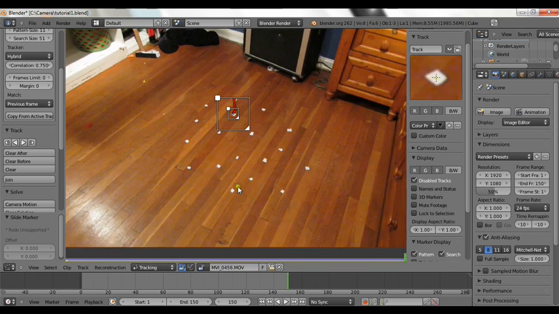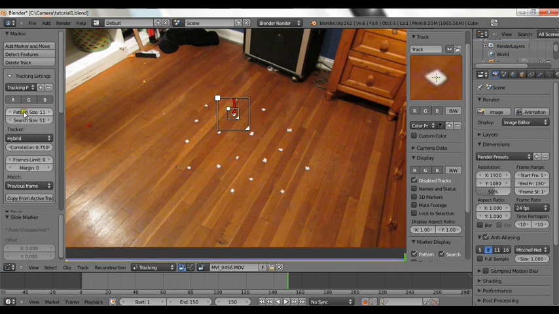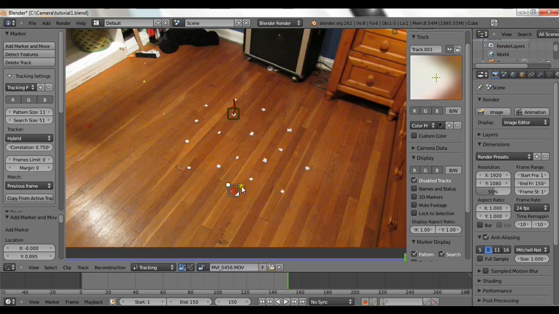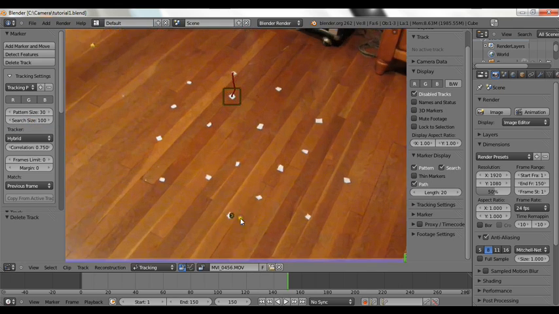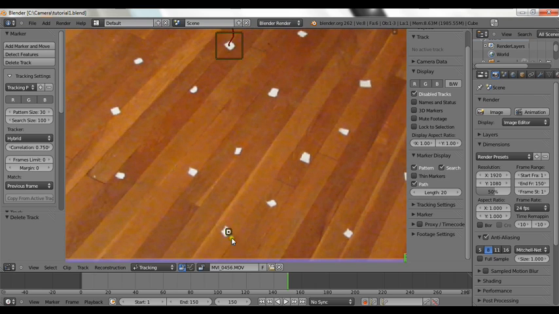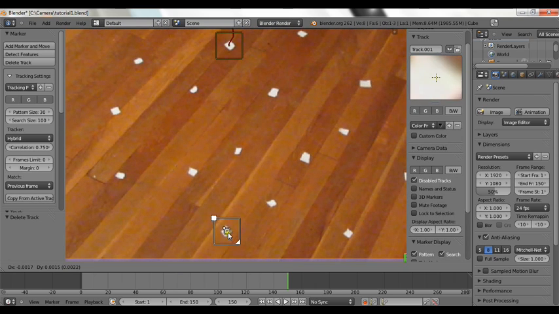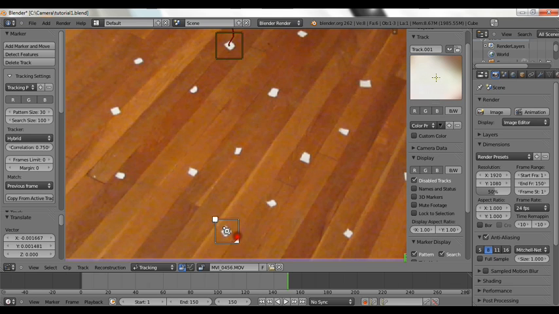Okay. Now, what we can do is, let's add a marker and move it. And we want to make this, the pattern size about 30 for normal, and search size about 60. So let's add a marker and move. Just delete that. Make the search size 100. And that should be good right about there. Now, if I have this tiny little thing, and not a big enough search area, what could happen very easily,